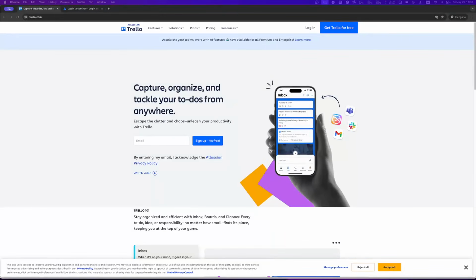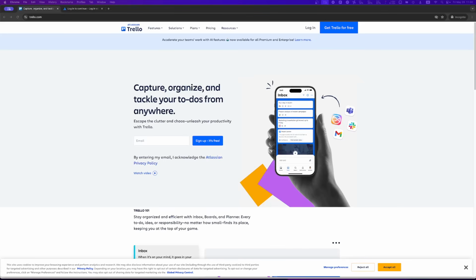In today's video, I'm going to teach you how to revoke application access in Trello. Managing application access is an important step in keeping your Trello account secure. Whether it's an app you no longer use or one you didn't authorize, removing its access helps ensure your account